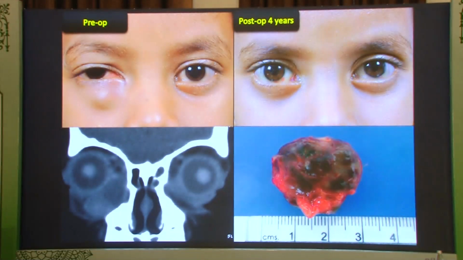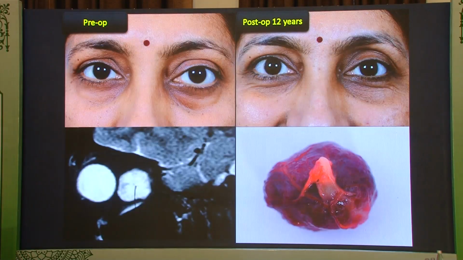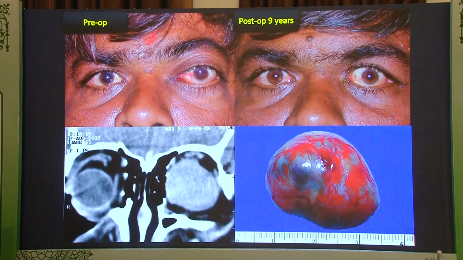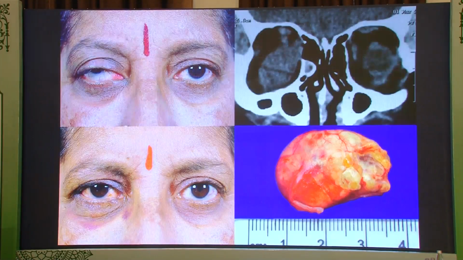So again, this approach is beneficial. Why? There is no incision, there is no scar whatsoever. Patients don't even develop symblepharon because you do a very neat job. Try to do a buried suture so that you're not really exposing the conjunctival suture. We prefer these approaches because they're aesthetically sound, and these are all the patients who were treated for cavernous hemangioma with a transconjunctival approach. Even in the large tumors, as you can see over here, it can be used.